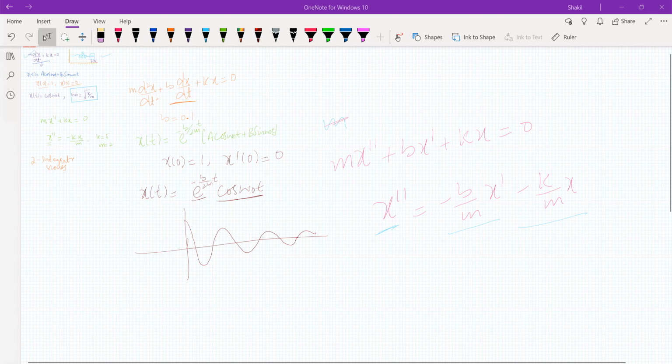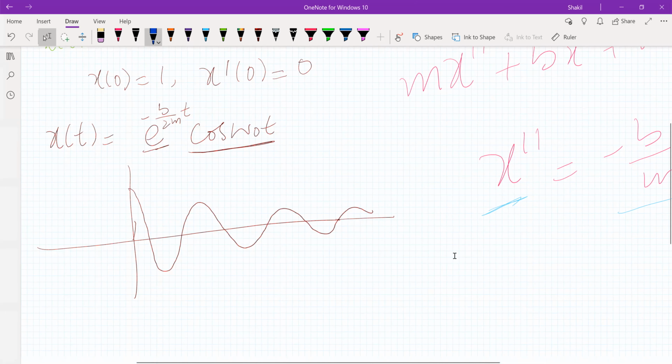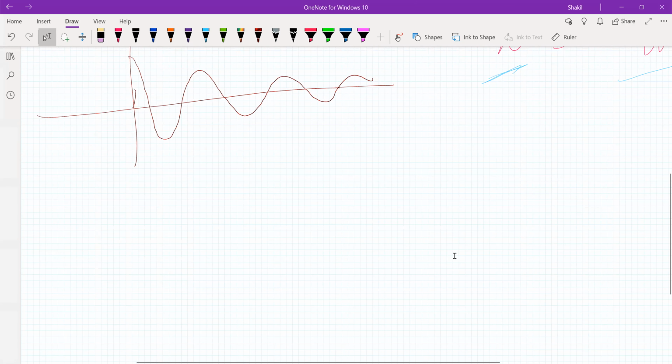Welcome back. We'll continue with the solution of the harmonic oscillator. This time what we are going to do is add an input to this. So our differential equation is this. We have a differential equation that governs the behavior of the system: m x double dash + k x is equal